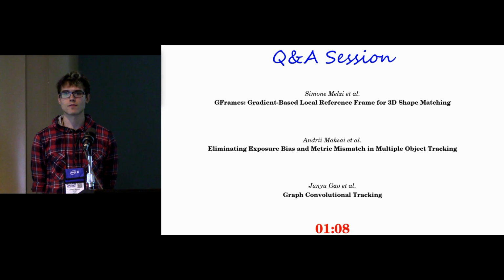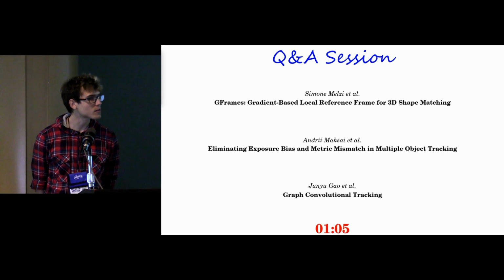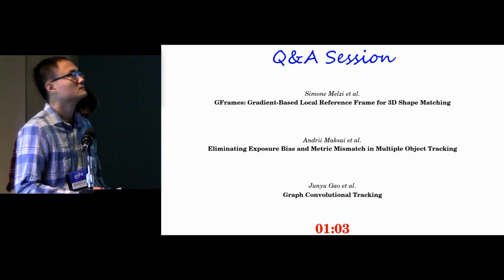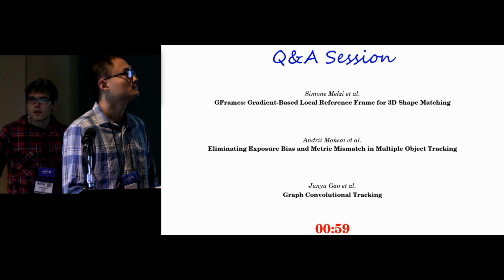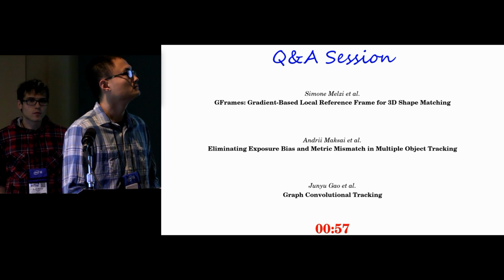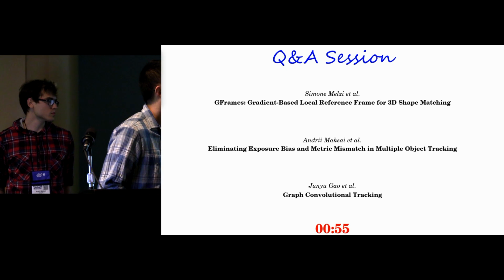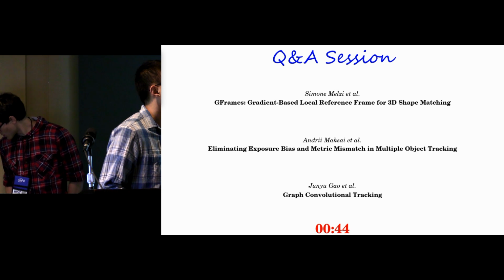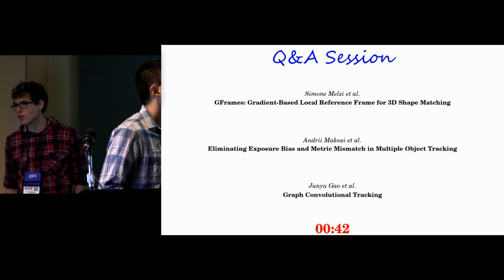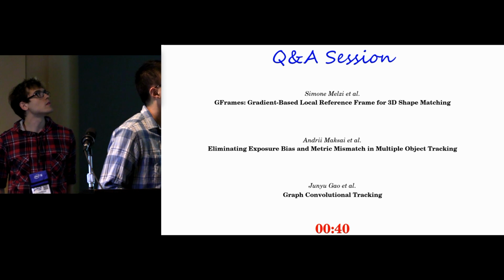I have a question about the graph convolutional tracking work. You utilize a Siamese network which consists of 2 branches, the template branch and the search branch. Here I can observe that you have changed the template branch from the initial frame to the historical frames. Do you have some consideration of appearance variation, which causes target drift and leads to noisy updates of the template branch? Do you have some consideration to reduce this effect?